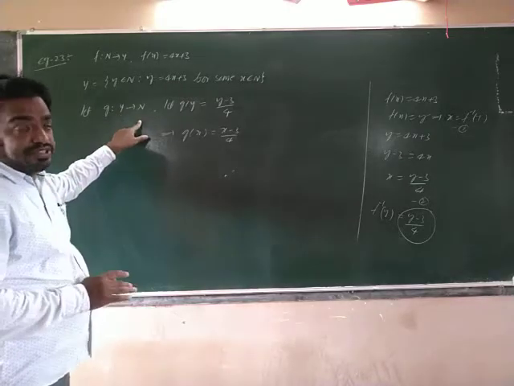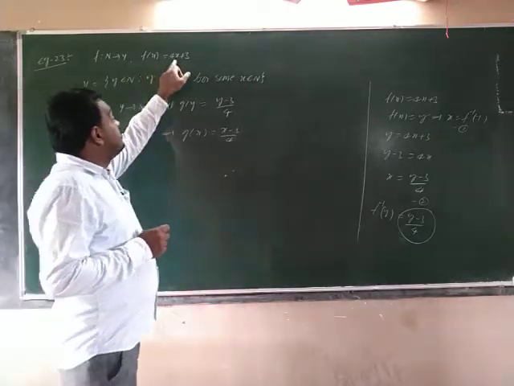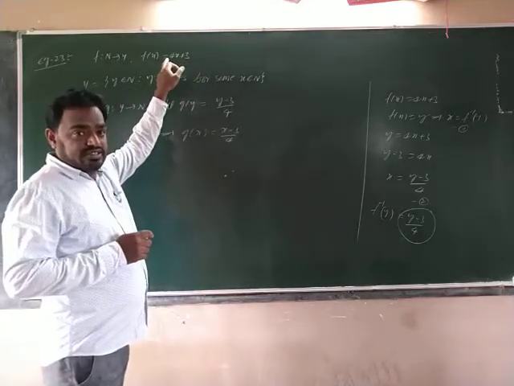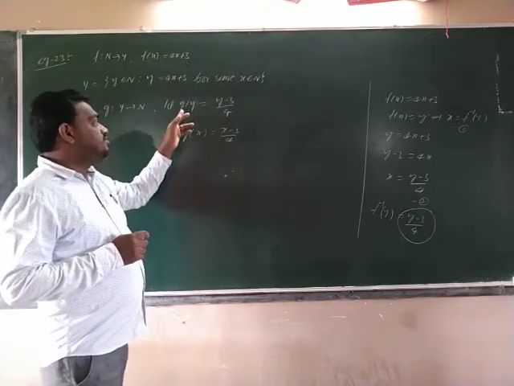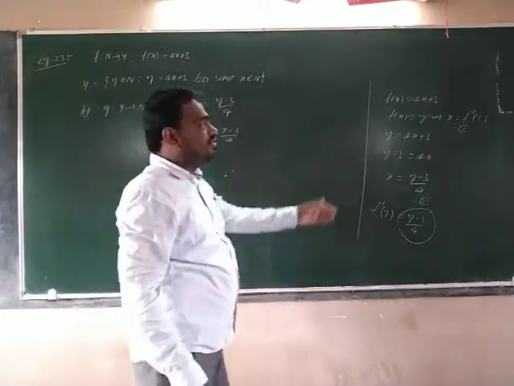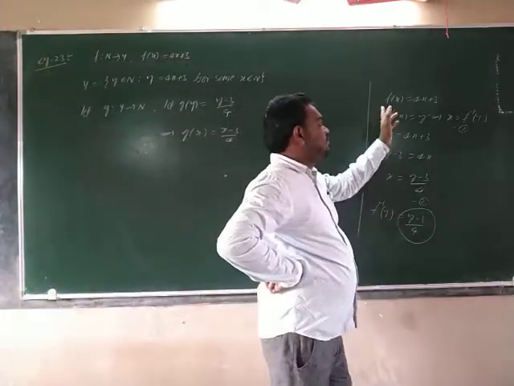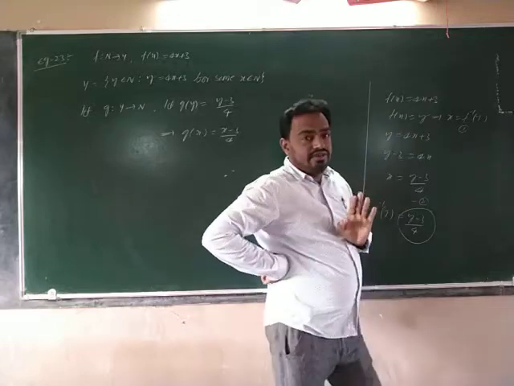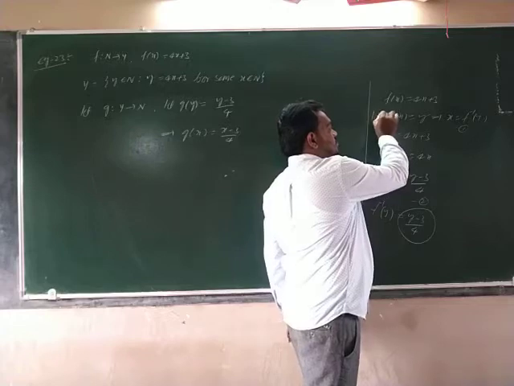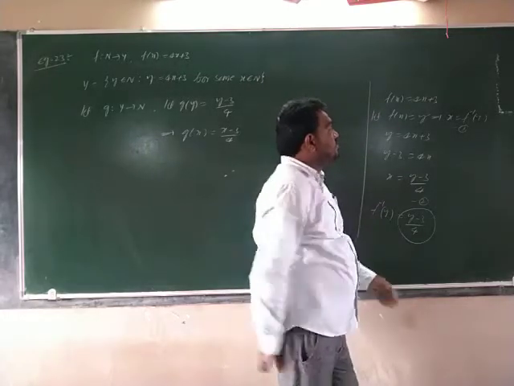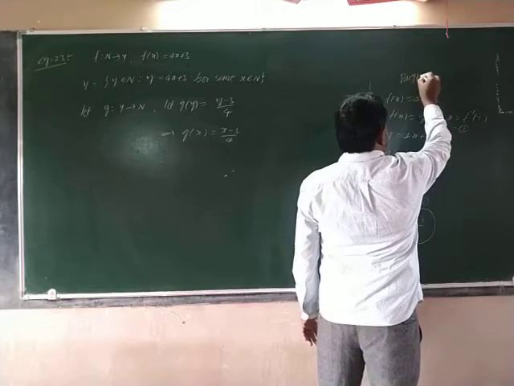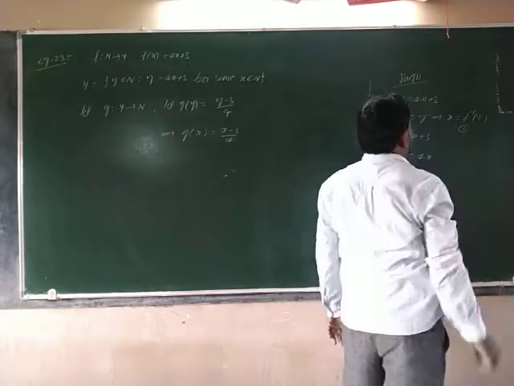Okay, that is the one process. f of x is equal to 4x plus 3, that is given. What do we have to assume now? g of y. So just do this process. f of x is equal to 4x plus 3 is given. You just assume f of x is equal to y. This is the rough work; you don't write it in the exam.